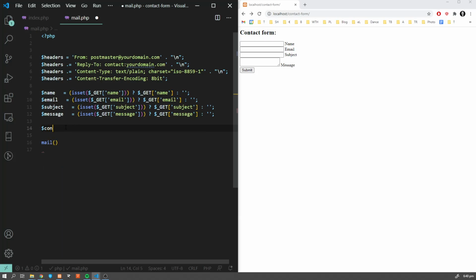So let's create new one for content. And so this is gonna be content of our email. So we're gonna have something like from name, email, so sender email, new line, and message.